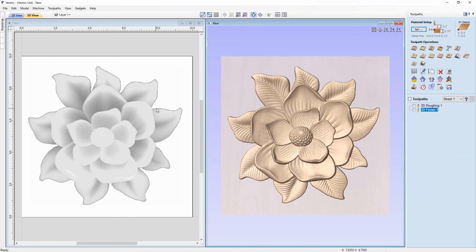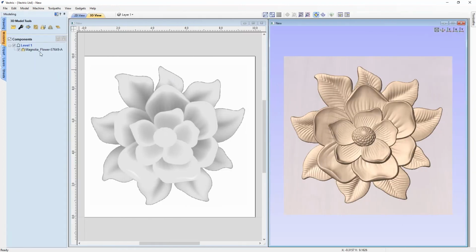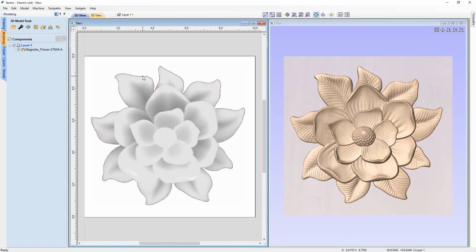So we need a vector boundary that represents the boundary of our model. So to do that, we're just going to switch back over to our design tab. And within the modeling tab, if we select our component, we can make use of this option here to create a vector boundary around the selected components. And if I click on that, you'll see that that's created a vector there that represents the boundary of the component that we had selected. We can use this vector in order for us to run a profile toolpath with to cut our magnolia out